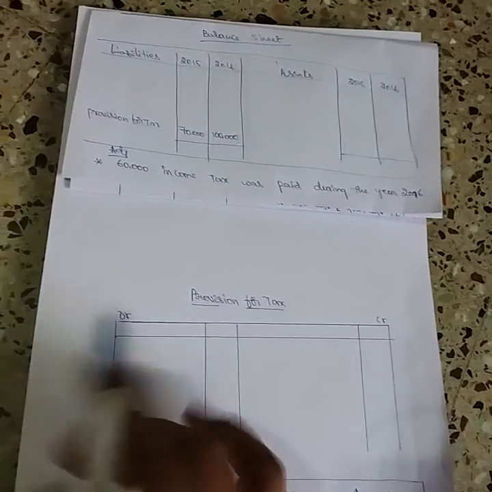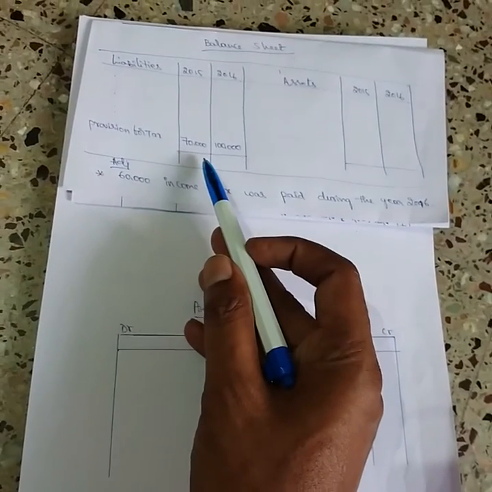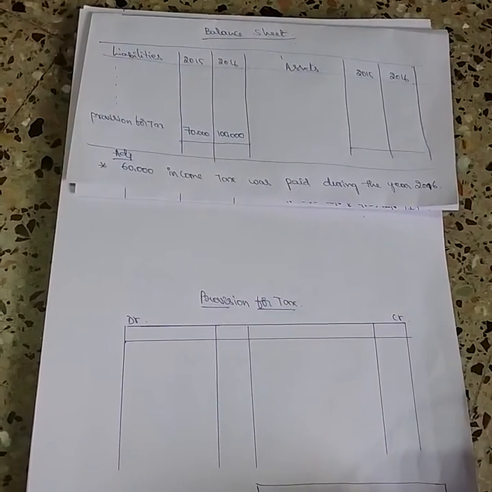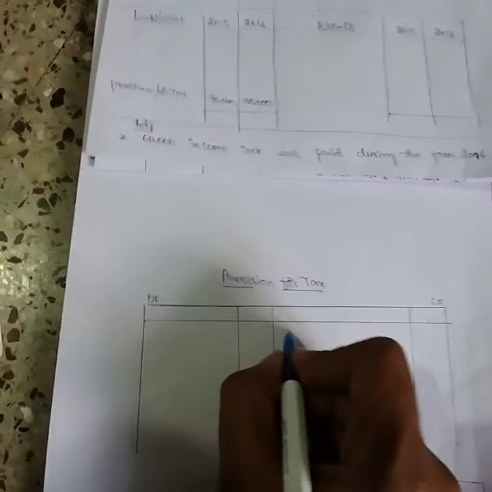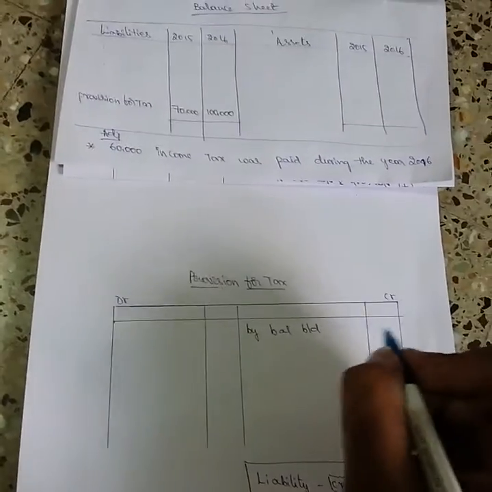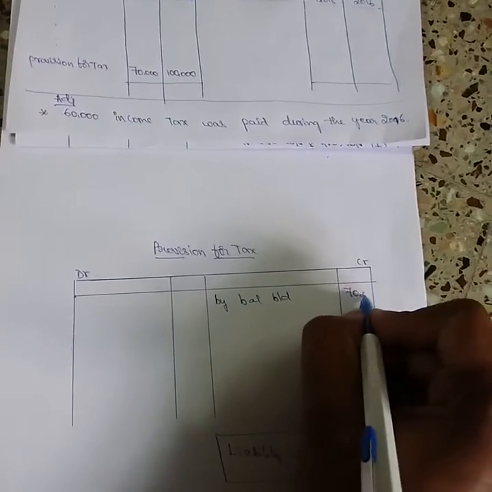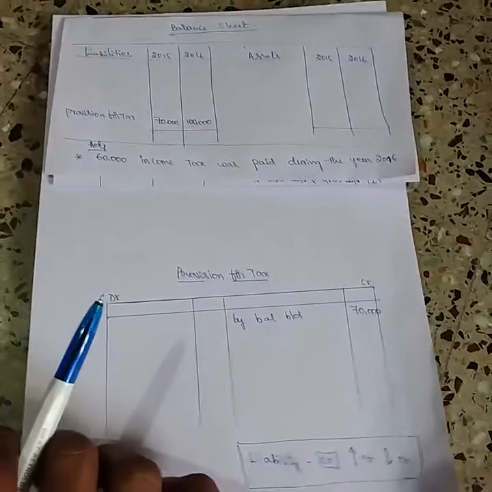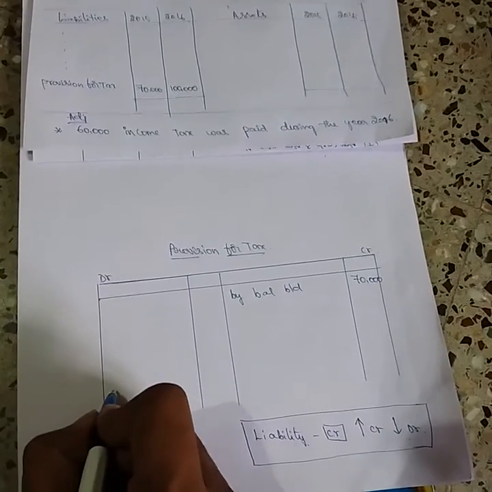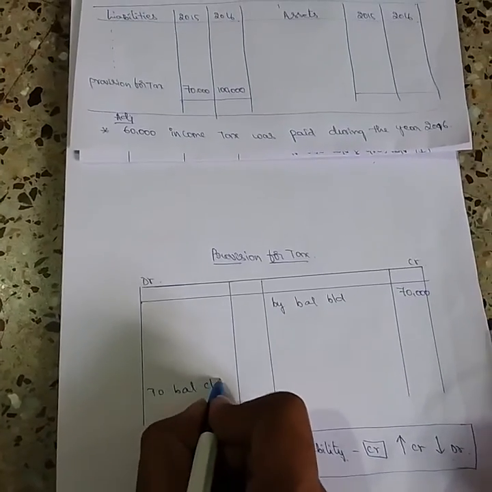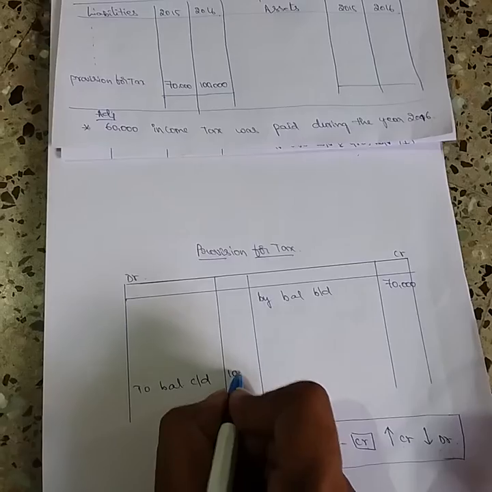Now, just bring down the opening balance. For us, the 2015 balance will be the opening. As I told, the liability will have a credit balance, so the opening balance should be brought down on the credit side. By balance brought down, opening balance 70,000, and closing balance 1 lakh is the closing balance. Closing balance should be carried down on the debit side, to balance carried down. Closing balance is 1 lakh,